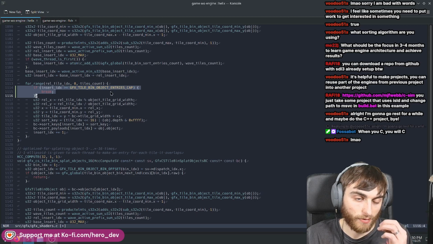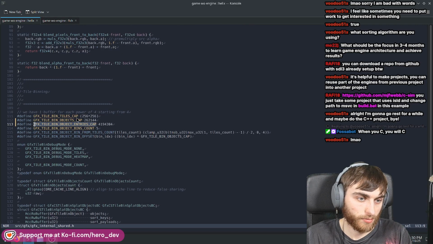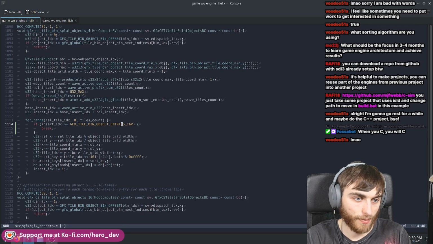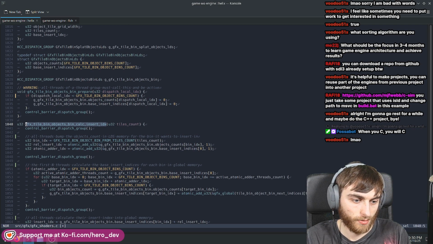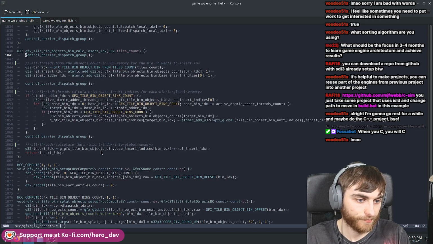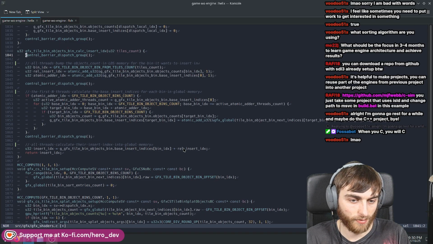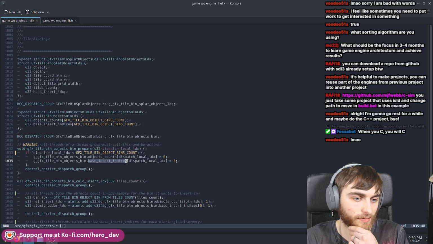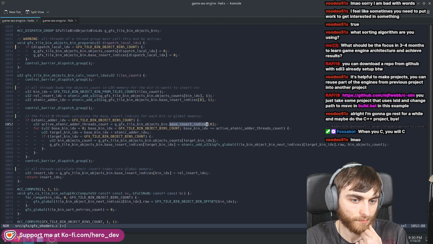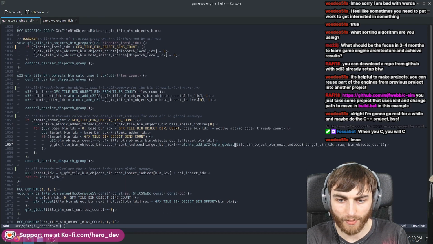When we put it in these bins, the problem is base insert index plus relative index. So the issue is that these base insert indices, or the ones in the global buffer, are actually initialized to,